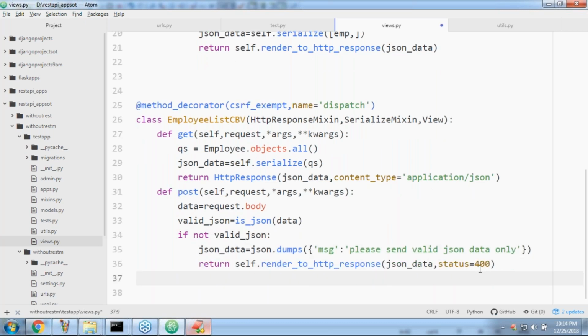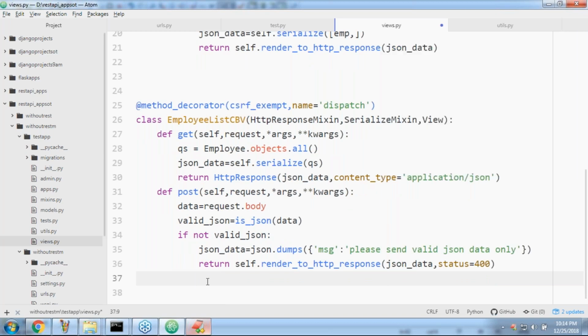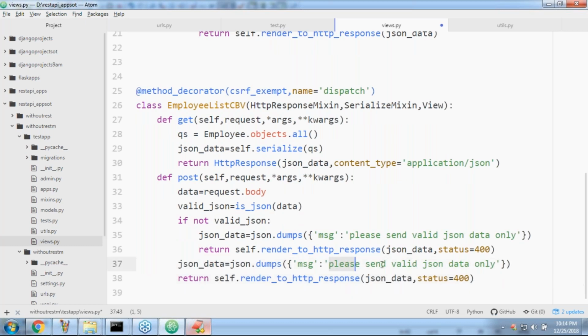If it is valid JSON, then what I'm taking is: you provided valid JSON only. Now status we are not required to pass.